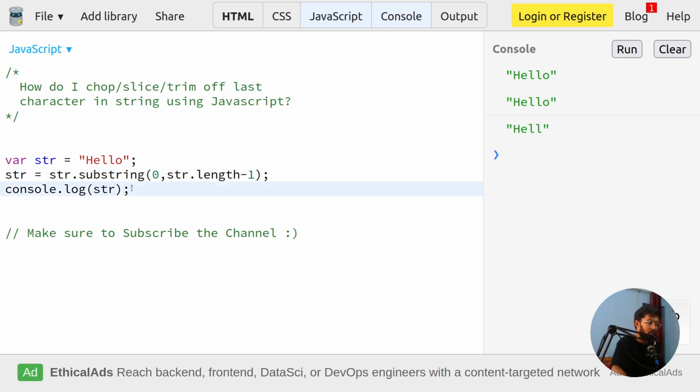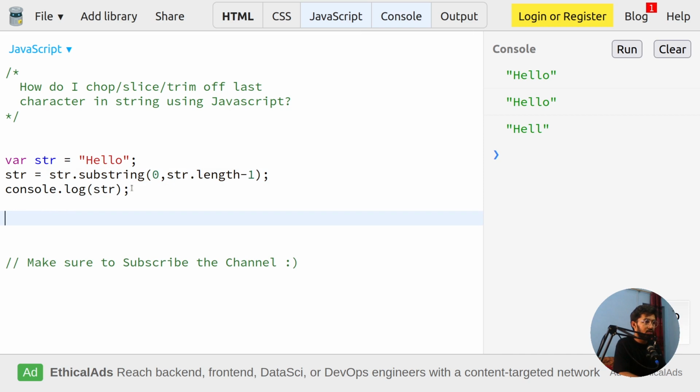So now we're gonna talk about the slice method. In the slice method I'm gonna use the same variable. So let's just comment out this. So I'm gonna use str is equal to str.slice, and in the slice you're gonna write the 0 from where you want to start